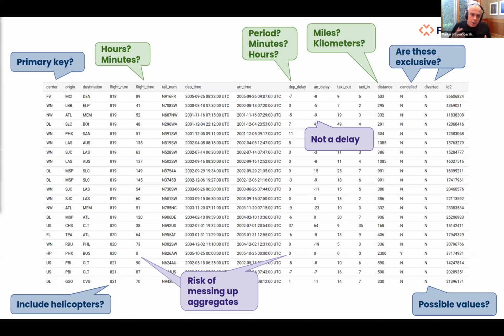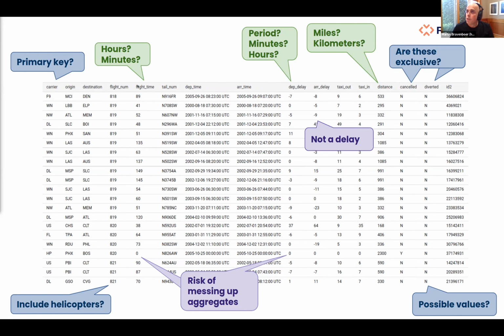Okay, all right. So to further emphasize the need for this, here's a fragment of a table with flight data that's taken from BigQuery. And the data, frankly, is so unclear that it is very hard to imagine that any BI tool or data governance tool can actually figure out what this means. And this is basically the reason that people are working on these kinds of semantic layers. Like at the most basic level, BigQuery does not even indicate that this thing is a primary key. So we already don't know that. Maybe it is ID2, maybe not. You would have to figure that out.